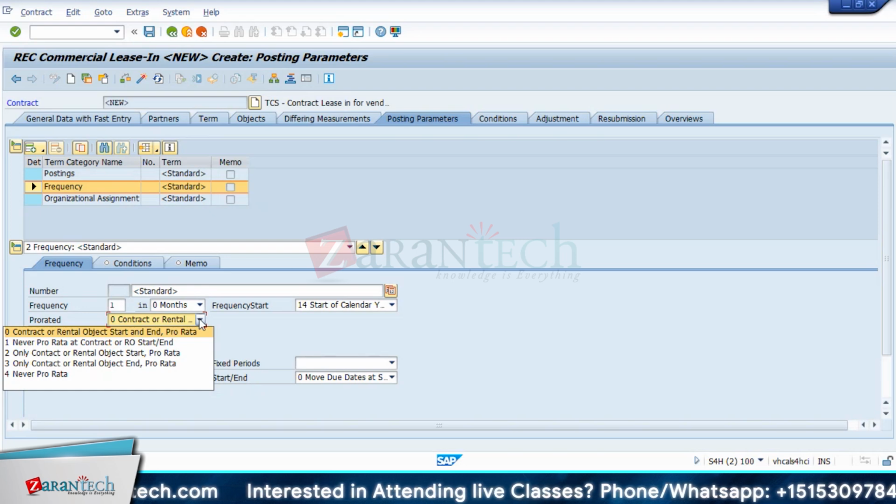So now let's say we have a contract started on 2nd of the month, and we want to consider that, now rather than calculating on a day-wise basis, we want this particular contract to be calculated for the whole month. So over here, we can maintain whether we want to do the pro rata, how exactly, only contract or rental object start pro rata. So based on this, it will determine that, even though the contract has started on 2nd, it will calculate for the whole month. Okay. Now if you click on the next drop down,